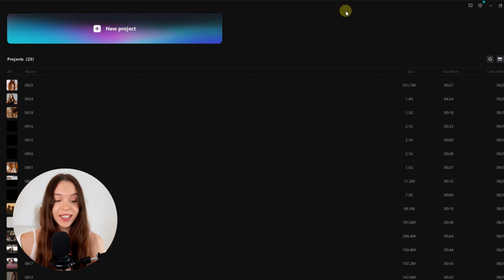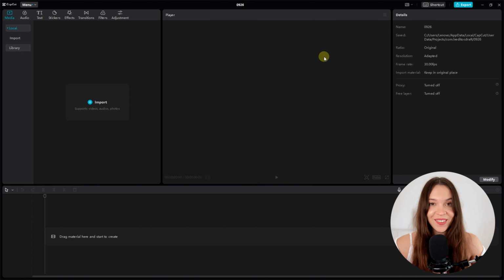If you still didn't use the CapCut desktop version, I will explain how we are going to create a new project. Basically everything is simple, so you just need to launch CapCut on your desktop and push the button New Project. Here is the main window of the document that we are going to work with, and our first step will be adding all the files that we are going to work with. It will be the first video, the one that you're gonna place inside the eye, and the second video, actually the eye. If you don't have the video of your eye, you can easily get the video of someone else's eye,